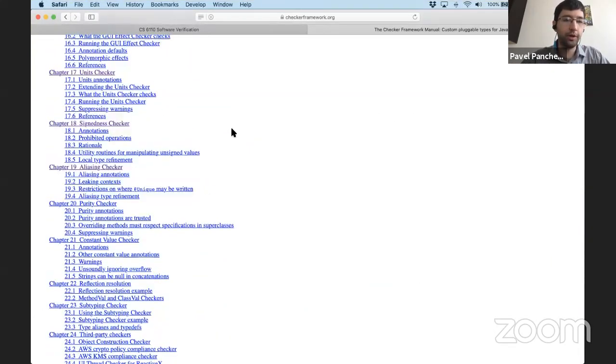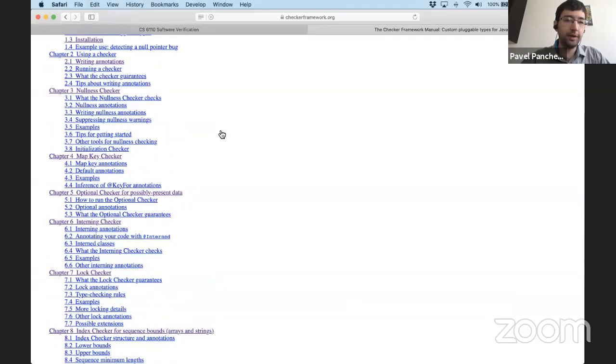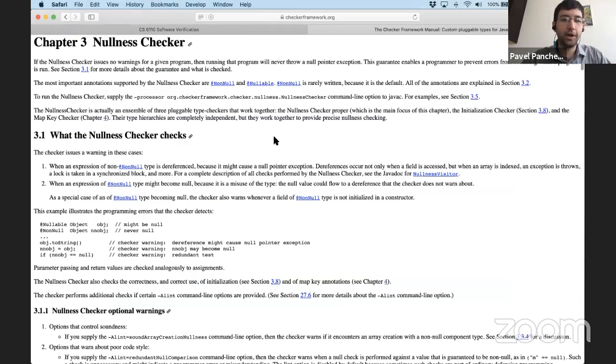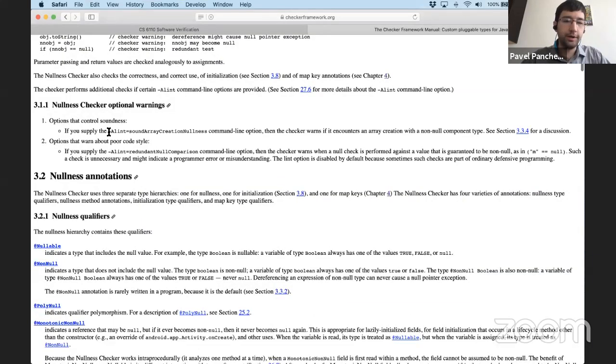Yeah, the checker framework, if you investigate the manual, which I'm not going to make you all do, but is actually quite worth doing, you'll see that because it's actually used practically, there are a lot of interesting accommodations to it. There are all sorts of different command line options, and those options aren't always sound by default. There are certain checks that you can turn on and off. This one seems to check if you declare an array and the type of elements of the array has to be non-null, then Java will fill them in with nulls by default, and you might not want that.